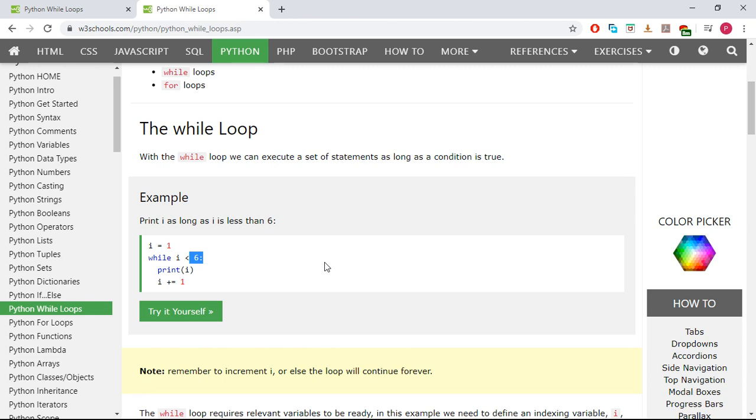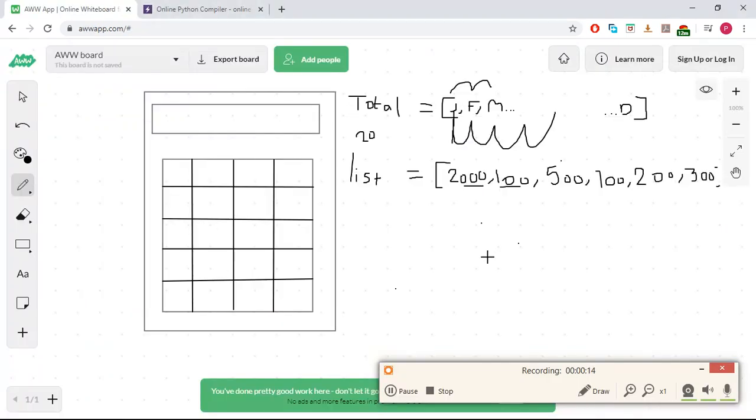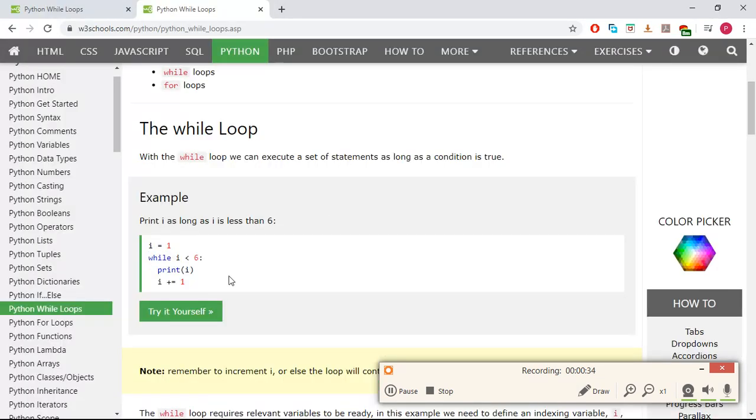But yeah, what I was saying, I was talking about the while loop, right? I was saying that you need to always have a number to use this while loop. I was talking about how, because you're going over a list, or not even a list, you can be going over anything, right? Because you're going over something over and over again, you need to tell the while loop how many times you want it to do something. So you always have to have some number of sort. So I'm gonna start by